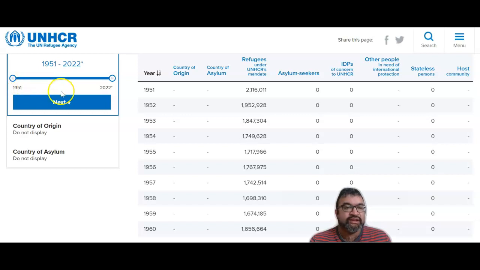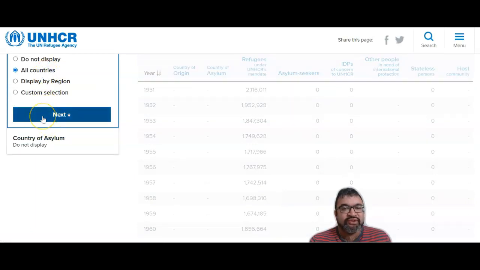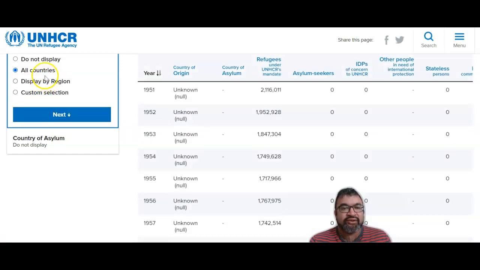And you might have about 72 data points, but you're going to be able to use a certain percentage of that because not all the columns are actually available until later because the data wasn't collected. So what I suggest is instead of using year, let's take a look at all countries. And then what you'll be able to do is look at all the different countries, a country of origin,